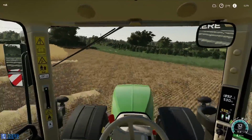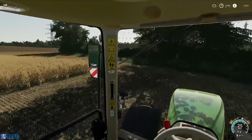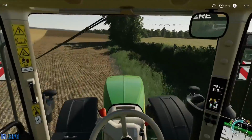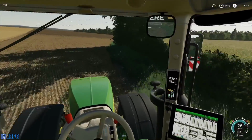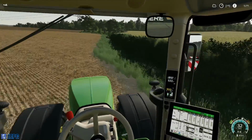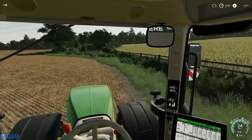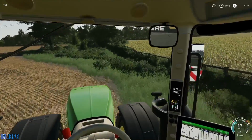So if I make my way around here, you can see obviously the way that the field follows the hedge line here, but up ahead there, you can see it just kind of curves around that area here. I'm thinking about tearing this up. I'm thinking about cutting these trees down